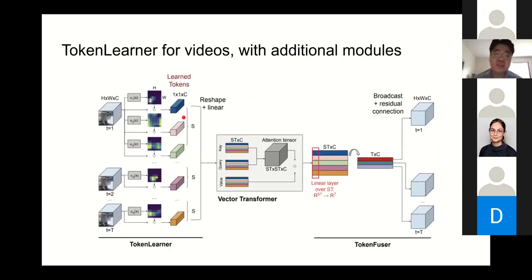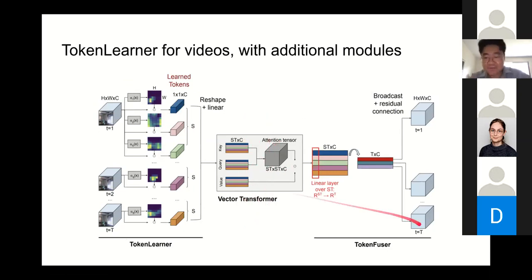Now we try to apply this to videos. This is a video tutorial, and this is what we are interested in. As I mentioned, we tokenize each frame differently and then concatenate. Then we give it to the transformer. More specifically, we are using what is called a vector transformer, which is quite similar to multi-head attention, except that the number of heads we use is identical to the number of channels. We can also replace this with multi-head attention. So don't pay too much attention to this one.